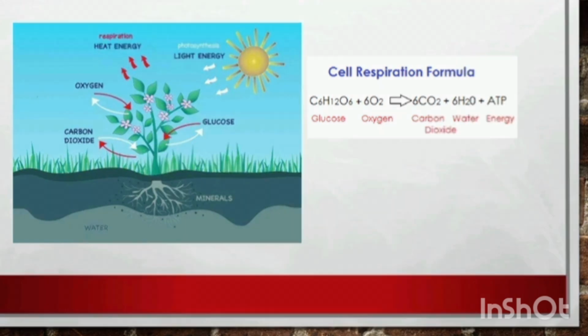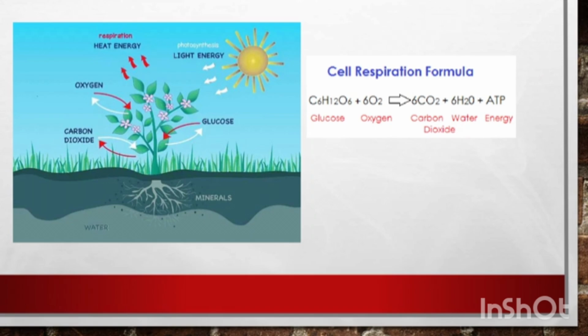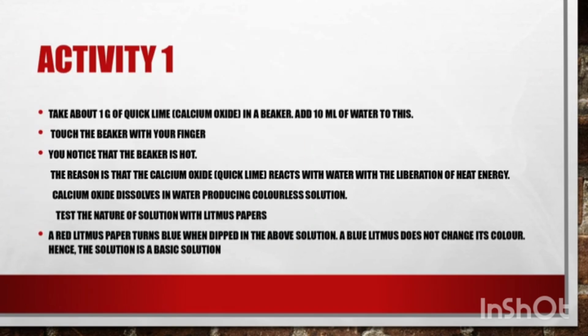A chemical reaction is a process in which reactants react chemically and convert into products by chemical transformation. For example, respiration. We inhale oxygen, which reacts with glucose and produces carbon dioxide, water, and energy. So the reaction can be written as C6H12O6 plus 6O2, which will give rise to 6CO2 plus H2O plus energy. So this is nothing but a chemical reaction, in which reactants react chemically.